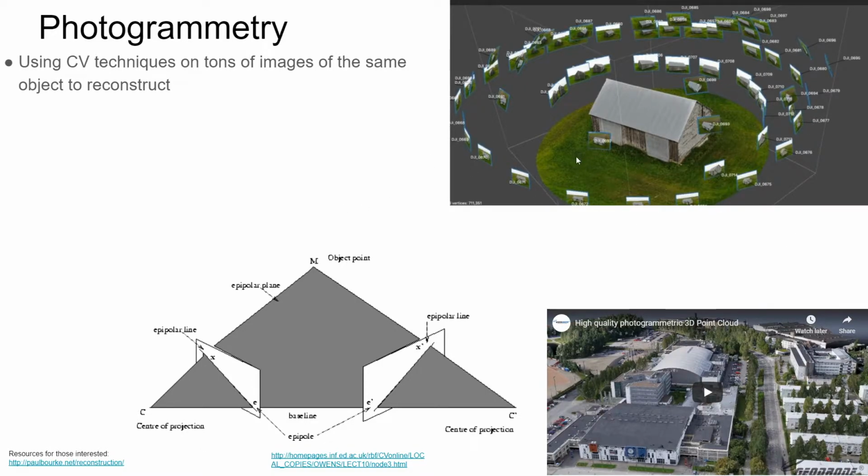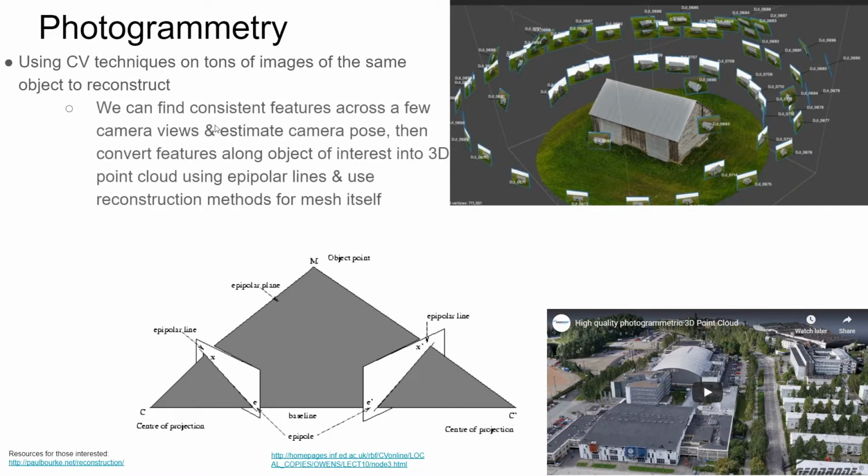Like for example, if you take a picture of this house with your phone from all these different angles, your phone is not tracked, but you can sort of figure out where it is relative to another image using basic computer vision. You can find features that are consistent and use some iterative methods to figure out which feature is which. Like if you want to align the corner of this house, for example, here it's actually kind of a hard case because it's symmetric, but in any case, you're trying to align features between images